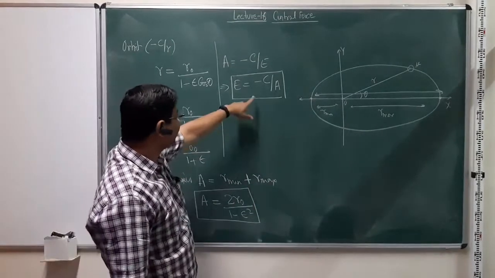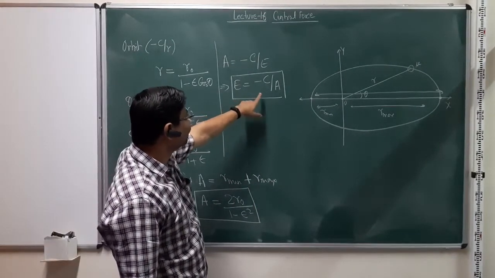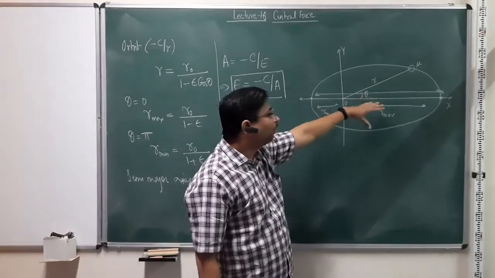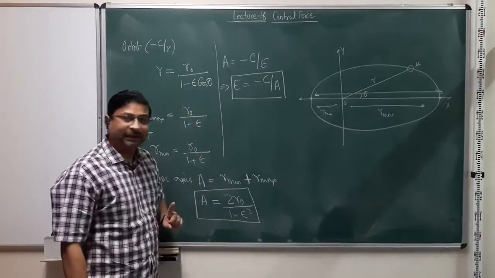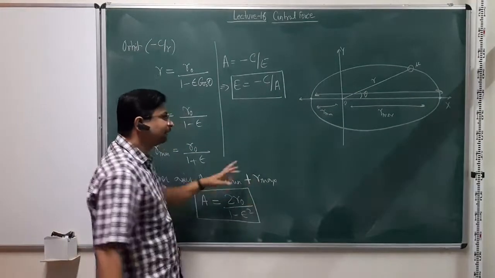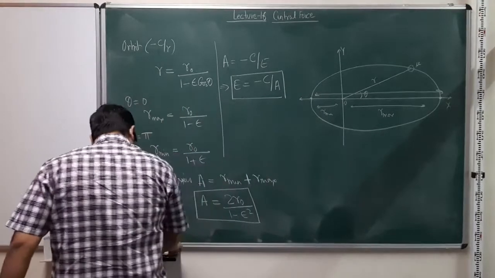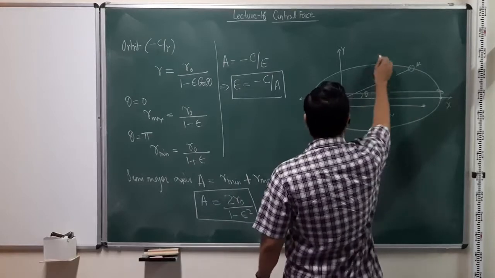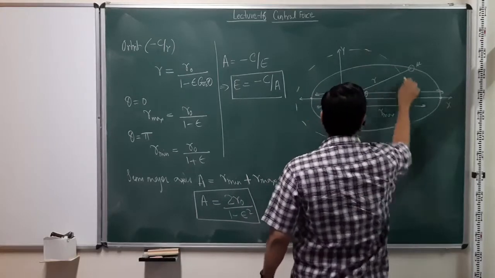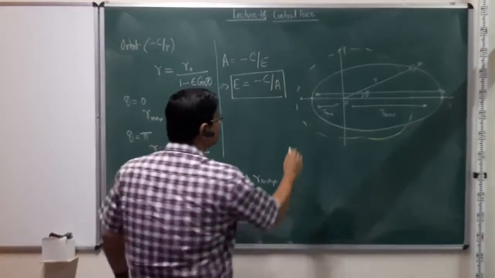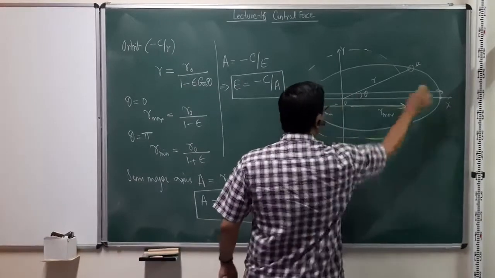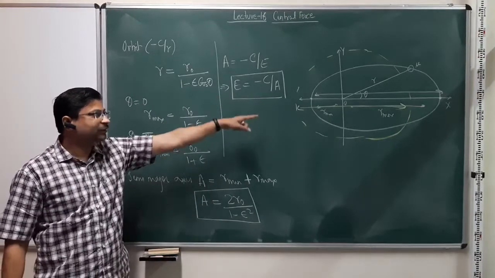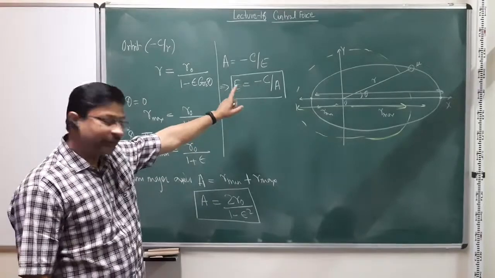So what we can also say is that all the orbits, whatever the shape, whatever the ellipticity, with the same major axis, so r min plus r max, if it's the same for two orbits, for example the drawn one, and let us say I have another one which is slightly more circular, something like this. As long as this distance and this distance is the same, or the major axis of both these orbits is the same, the energy of these two orbits is also going to be the same. Okay.